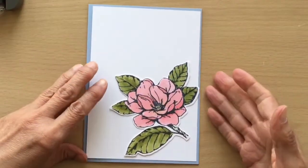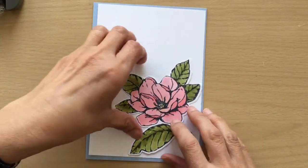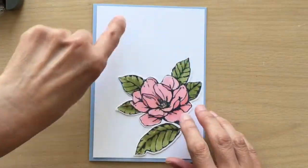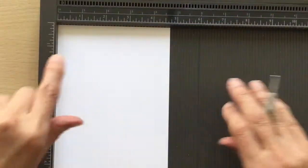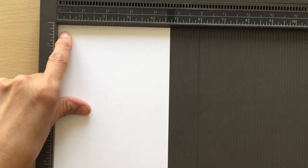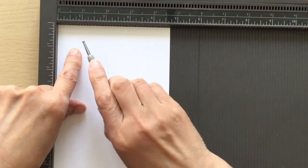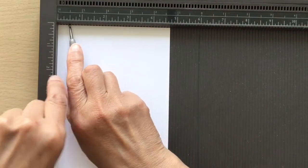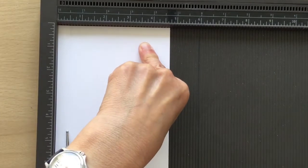I want this card to be quite plain in the background, but at the moment it's just too plain, so we're going to do a little bit of work on the white piece of cardstock here. So this technique is an oldie but a goodie, so we are going to do some scoring on the edges of the cardstock. So we're actually going to be starting at 1/2 inch and scoring from the top to the bottom,